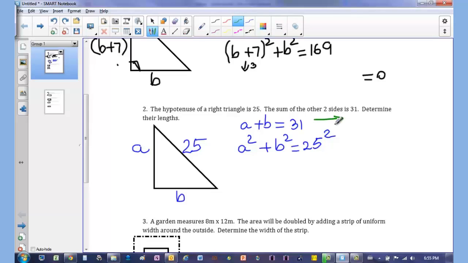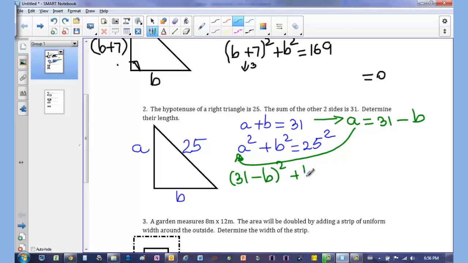If in the first equation A equals 31 minus B, I could substitute it back, so I have (31 minus B) squared plus B squared